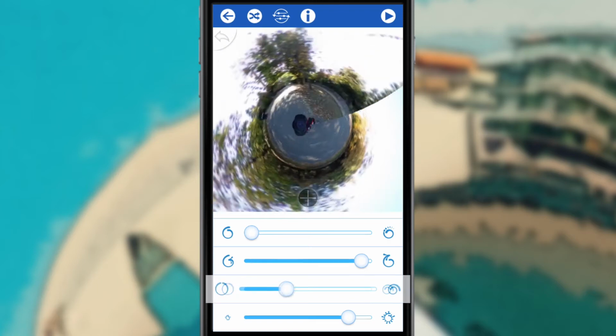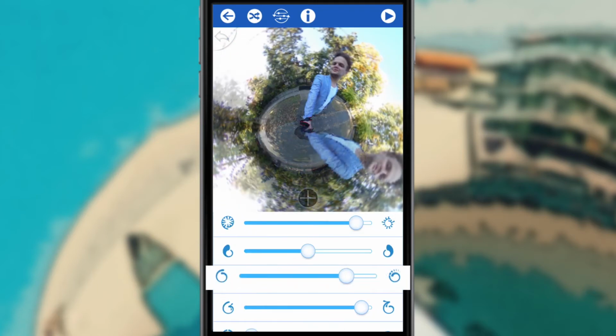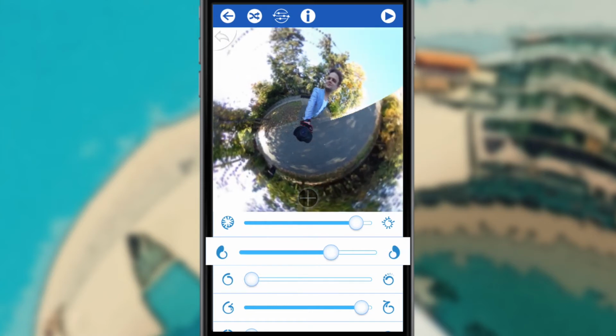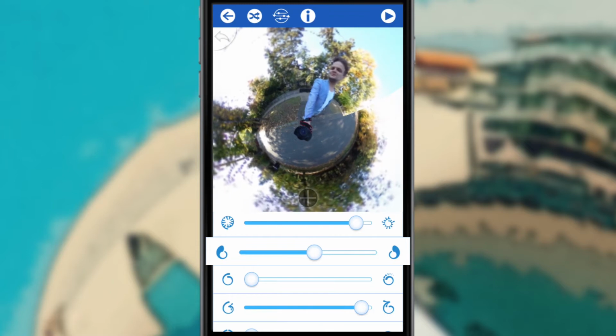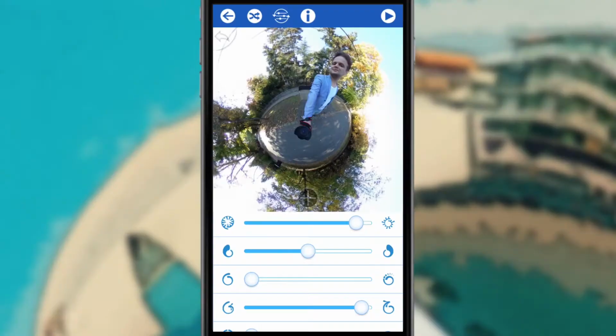There are 3 other options which I don't really use at all. This one creates a weird spinning effect. This one mirrors one side of the image somehow, and the second slider modifies the stitching. This is quite useless for me as I always have well-stitched photos at this point. So I set up the planet style, the zoom and the rotation. Then I push the play button on the right top corner.